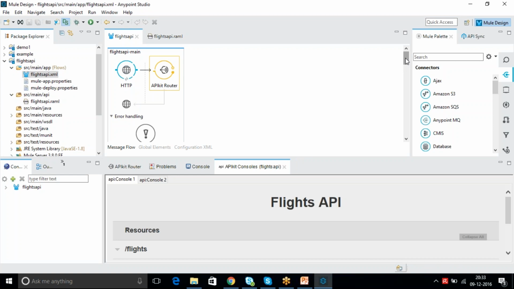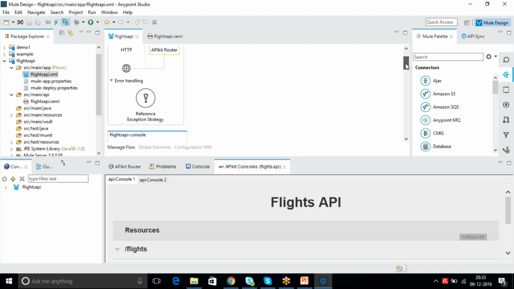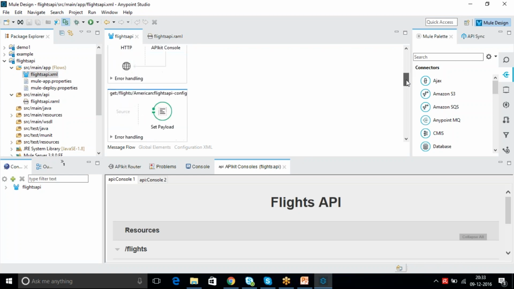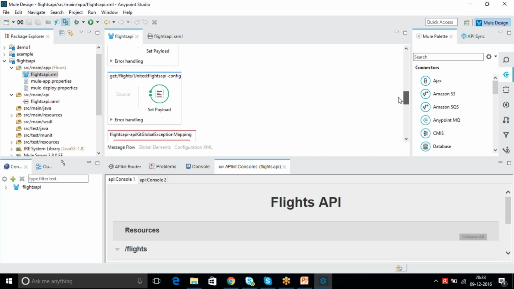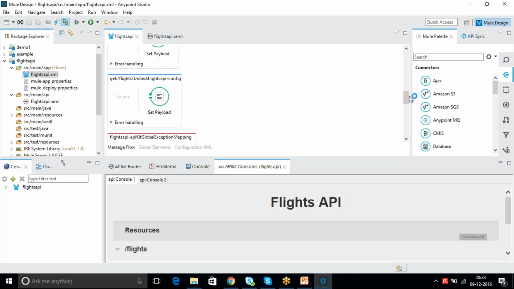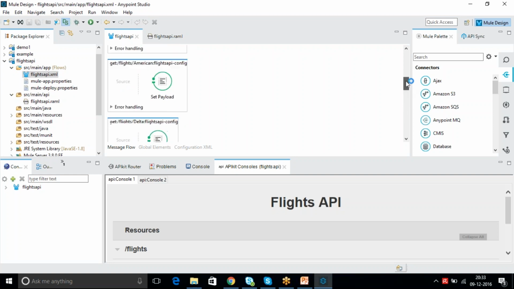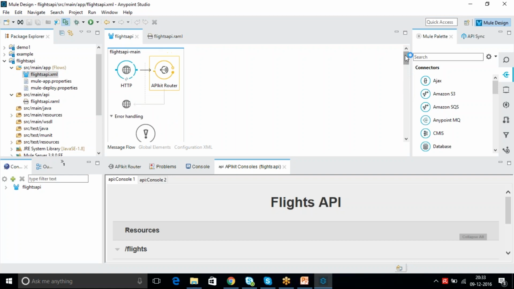If it is an American related request, it will send to this flow. If it is Delta, it will send to this flow like that. So whichever flow it needs to route based on the URL request, this APIkit router will route the message to that corresponding flow. That is the usage of this APIkit router.